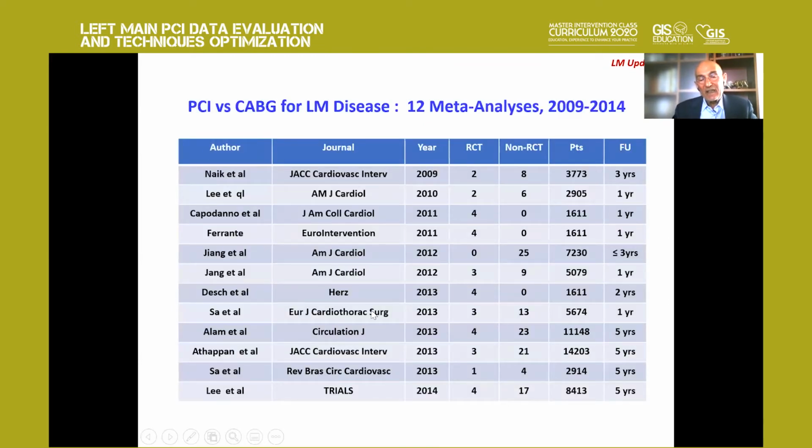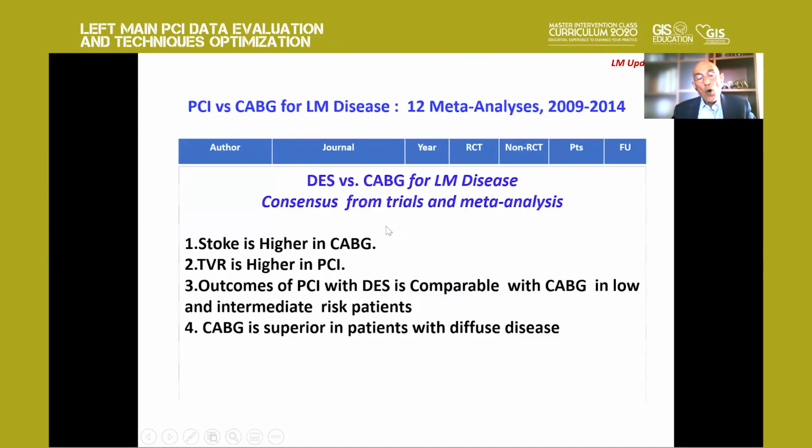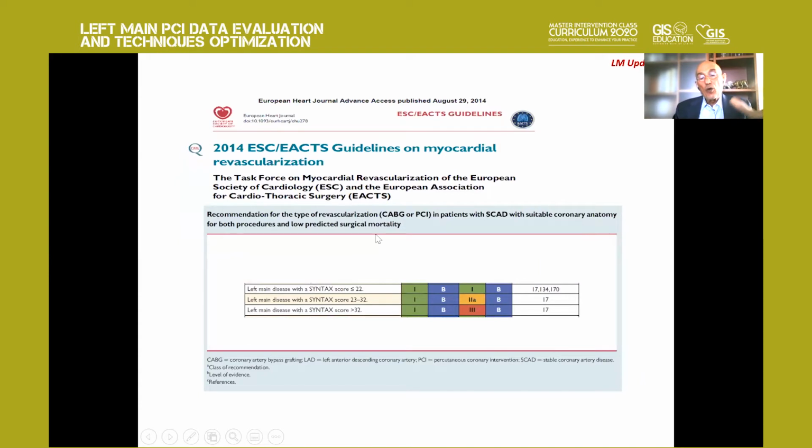Followed by all these studies till 2014 and meta-analysis, all results were in concordance that stroke is higher in the surgery group, TVR is higher in PCI, and outcomes of PCI with drug-eluting stents are comparable with surgery in low and intermediate risk patients, by syntax score, and surgery is superior in patients with diffuse disease. And this also changed the European guidelines, and now from 2014, you see that